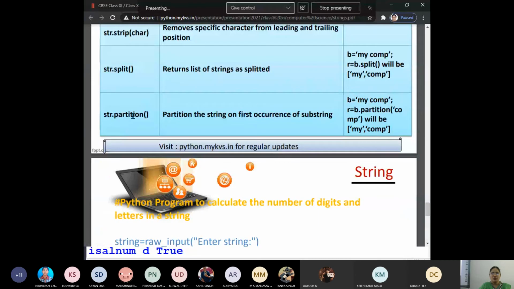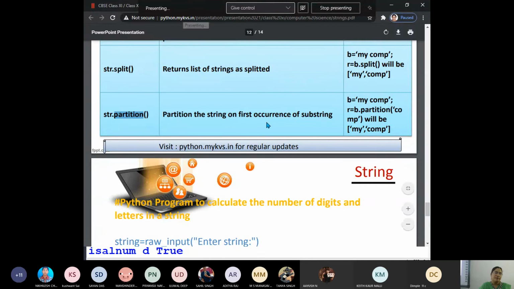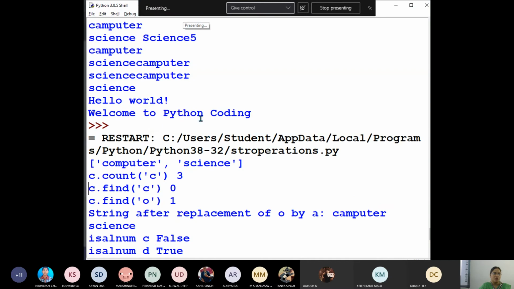Then partition, that is on the first occurrence of the substring. See, for example, we are partitioning B. Okay? So up to where? Up to COMP. Okay? So then it has partitioned up to COMP.